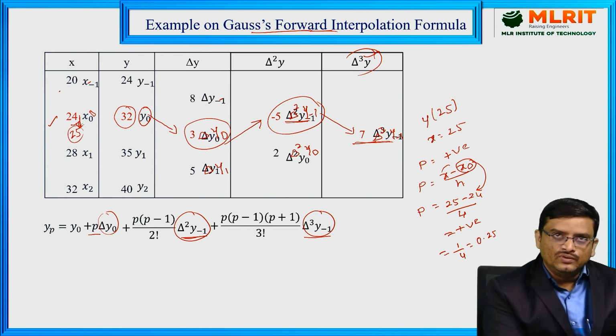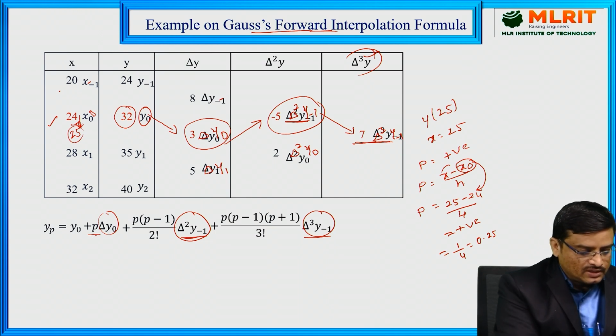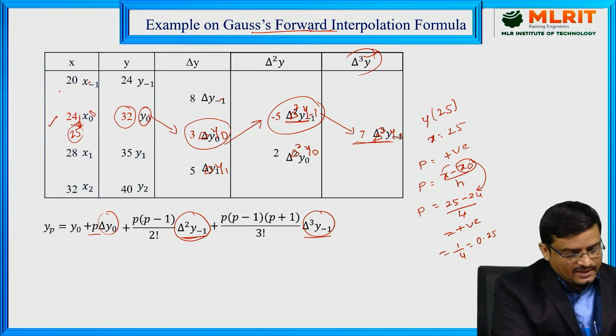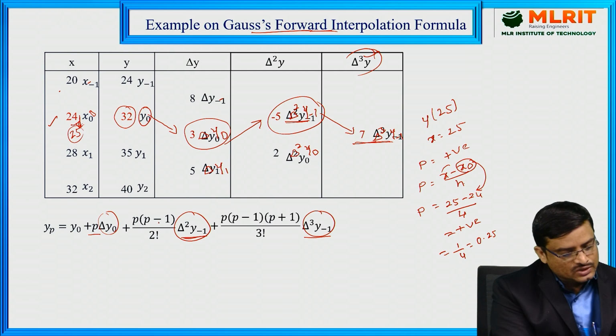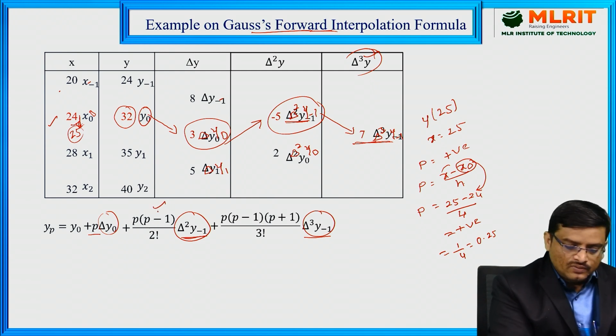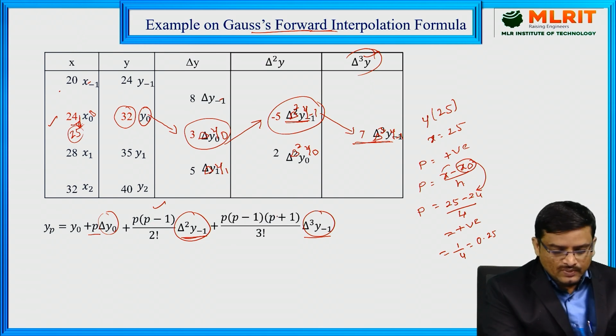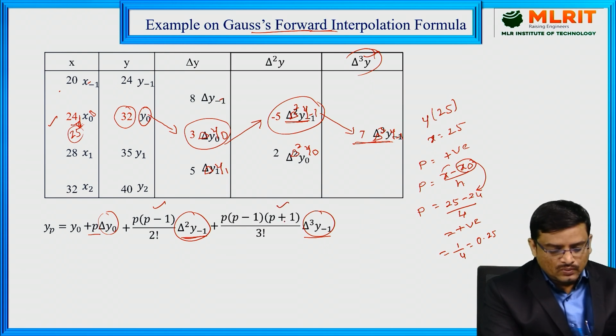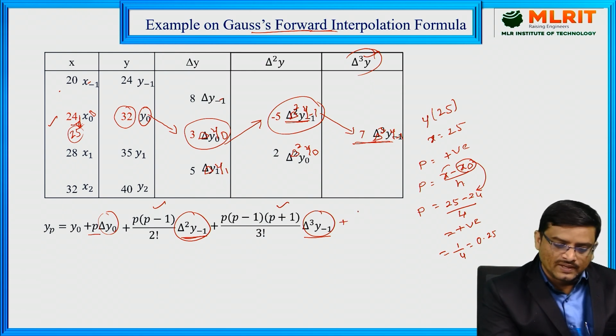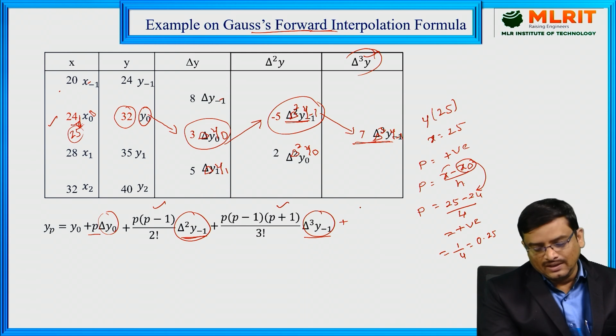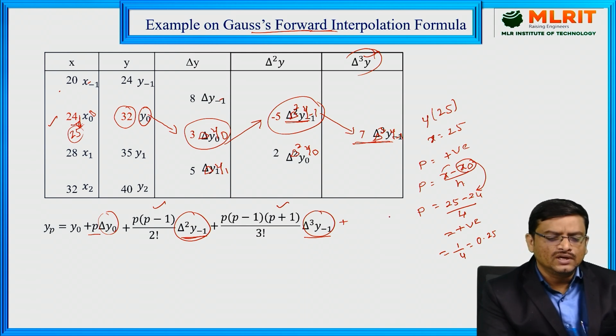While you are taking the Newton's forward interpolation formula, first we take P in the next column, in the next term we have taken P into P minus 1. In the Newton's forward also we have followed the same procedure. Now here, whenever we come to the next term, we have subtracted 1 from P. So now immediately in the next term, you go for the addition here. Once you have completed the addition and subtraction of 1, then we have to go for the next number, that is 2. Then first apply subtraction,